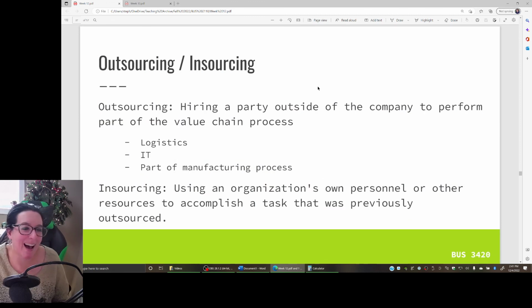We may decide as we look at our supply chain that we are going to just do insourcing. So we are going to use our organization's own personnel and resources to accomplish tasks. So it's going to be us, not another company. Alternatively, we could outsource. So we could hire another company, a party outside of our company, to perform part of